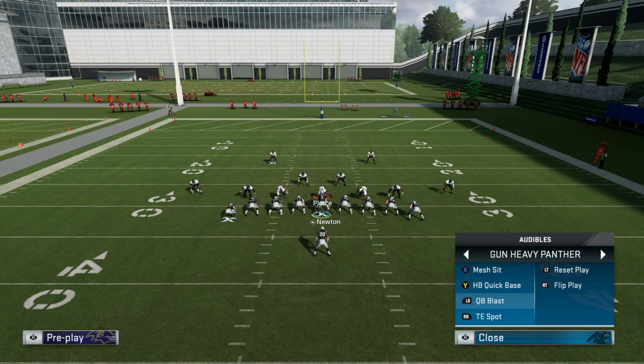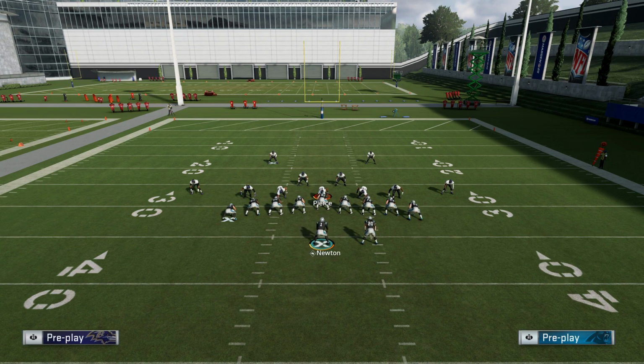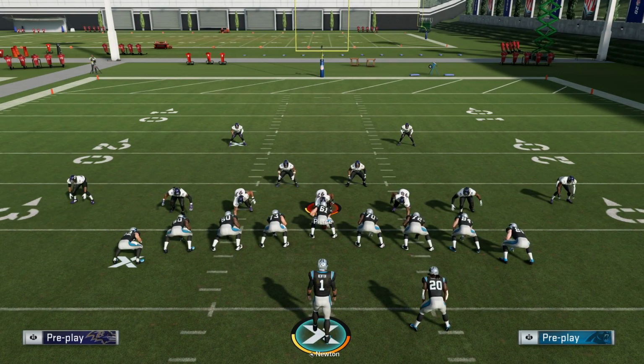and the two main plays are going to be tight end spot and QB blast. The QB blast right now is kind of running wild, kind of glitchy. It's actually really tough to stop. There are ways to stop it. I'll show you a quick way to stop it in a second,